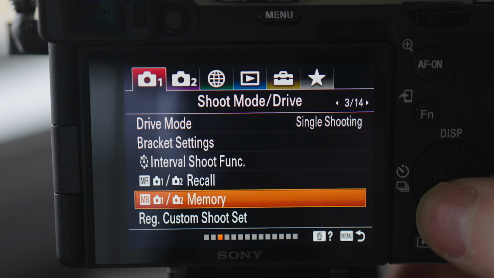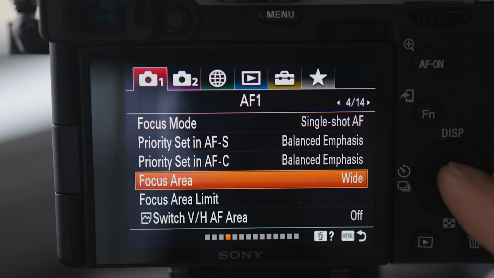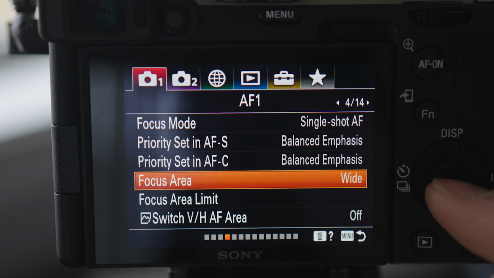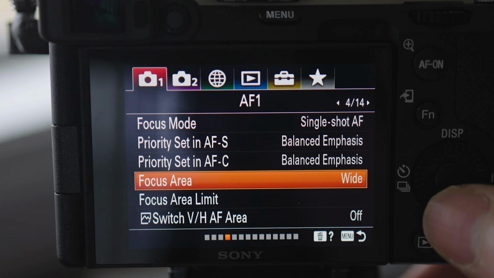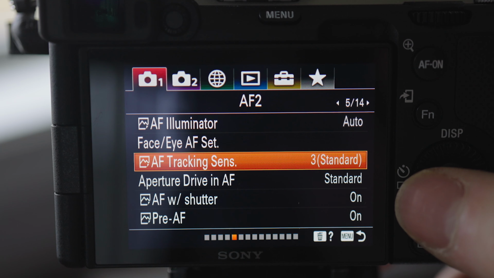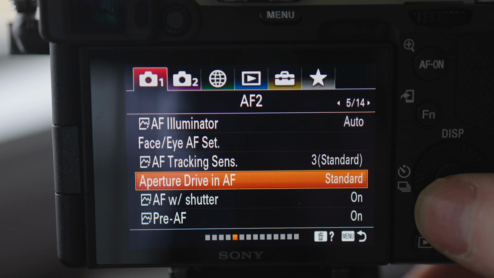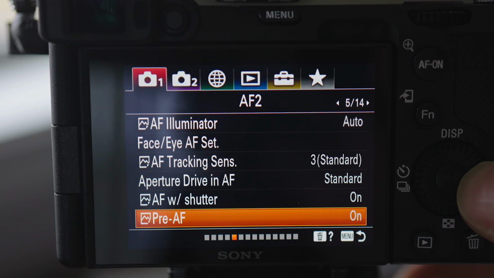Focus mode, single shot, autofocus balanced emphasis, focus area wide. This tends to be the most forgiving for autofocus type things. You'll want to change this to achieve certain looks, but this is what it's set up on standard. So when I click it into number 1, I'm set up with the most forgiving settings. Autofocus illuminator auto, AF tracking 3, aperture drive standard, AF with shutter on, pre-autofocus on, AF area registration off, focus frame color white, off, on, circle of focus does not circulate, auto frame move amount standard, reset EV comp, ISO